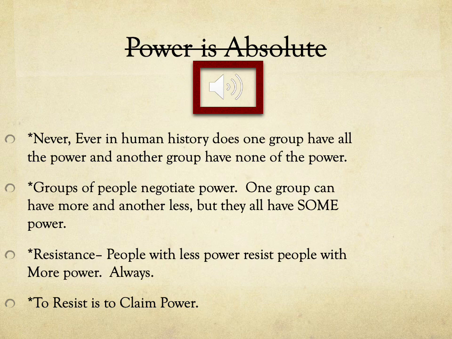And then a lot of times people with less power, they will resist that because they want more power. And that sounds bad, but it can be not bad. If you're a slave, resisting slavery is a good thing. If you are an American in a disempowered group,